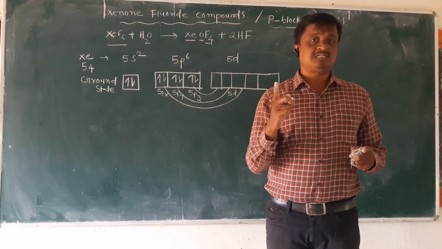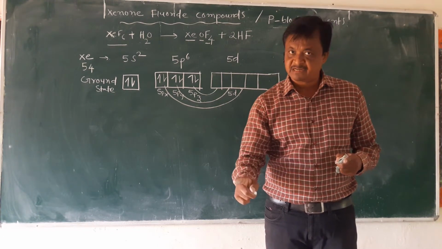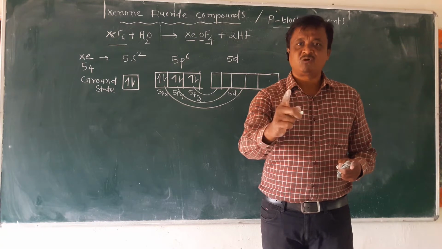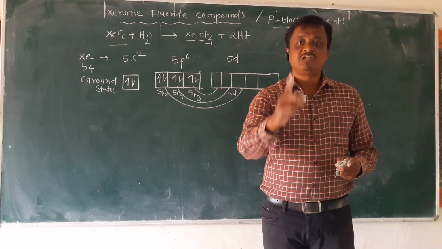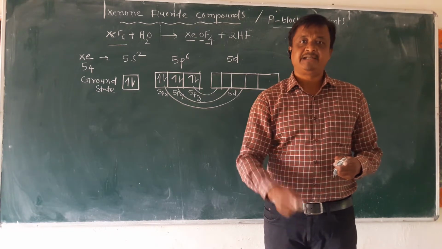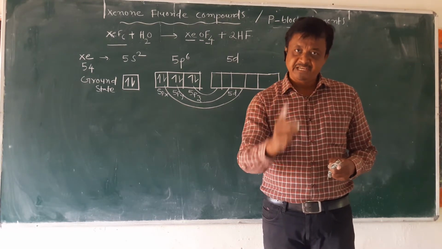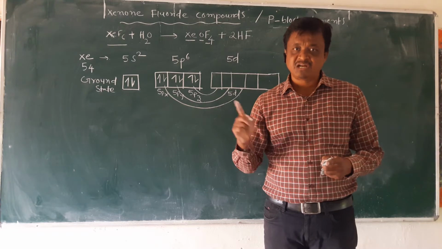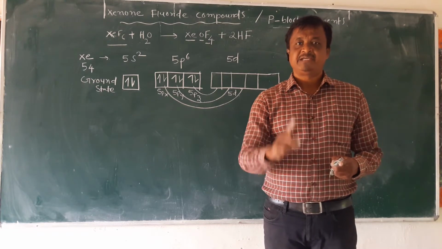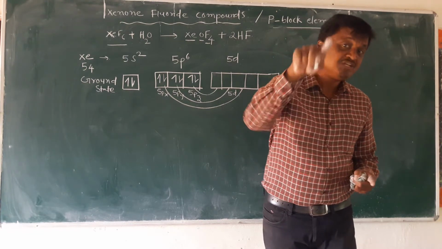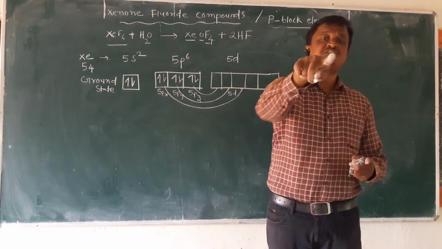In earlier classes we have seen that the xenon difluoride compound is possible in excited state 1, in the xenon tetrafluoride compound hybridization is possible in excited state 2, and here excited state 3 is xenon hexafluoride. Similarly in xenon oxytetrafluoride. Here oxygen is there. So what happened? There is pπ-dπ bonding formation.